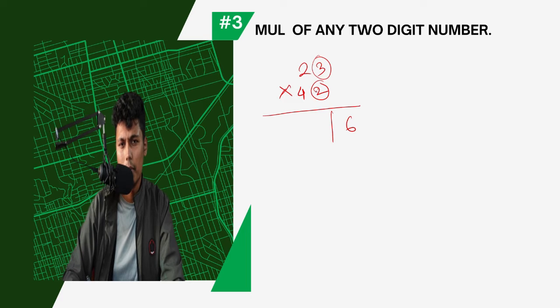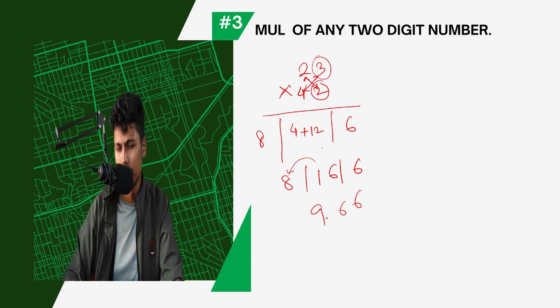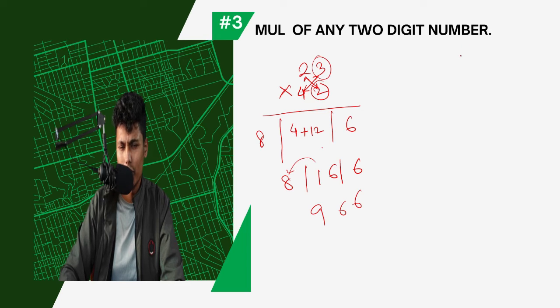Okay. You put a gap here. Next do cross multiplication. 2 into 4, and this one 4 into 3, 4 3 is 12 plus 8 is 12. Okay. Next 4 into 2, 4 2 is 8. So 6 12 plus 4, it is 16, and this is 8. So 6 16 8, 1 will go here and 8 will become 9. Okay. Let me try one more question so that you will understand.